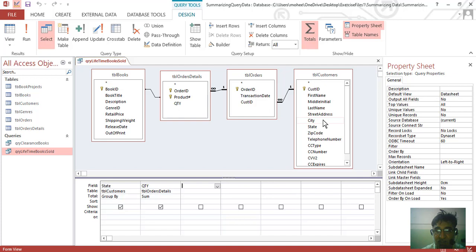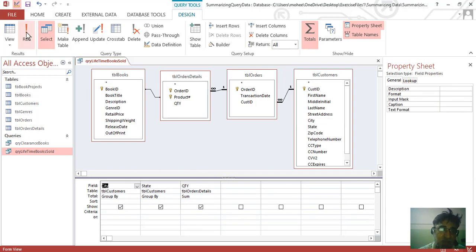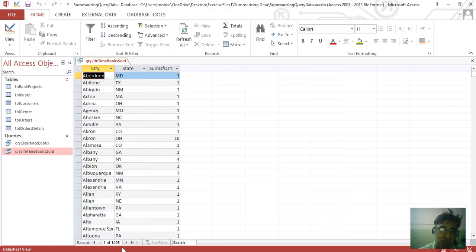By viewing this data, we can see that every state is shown, and it is also grouped where the book and the state are the same, and then the quantity is summed, like 2, 4 and 2 can be seen many times. So there's another way of inserting an aggregate function from the design view.